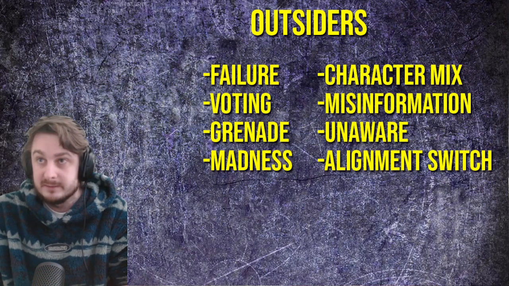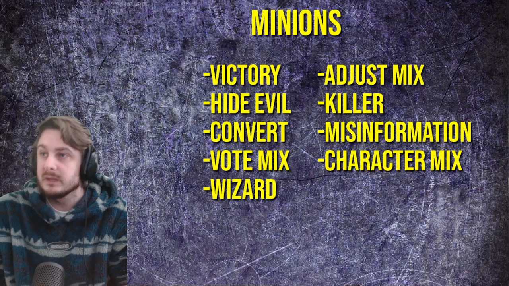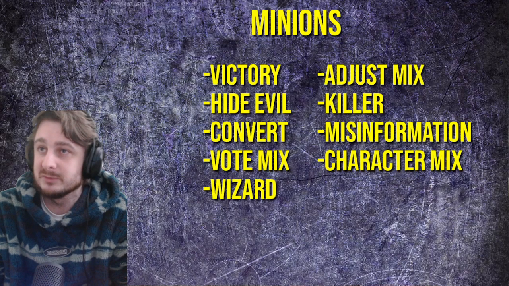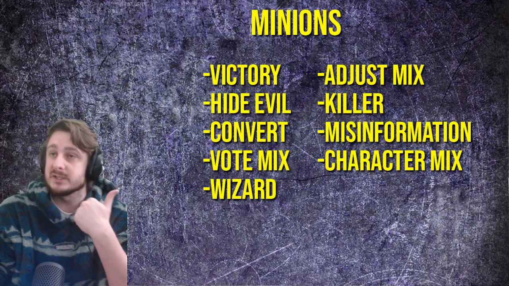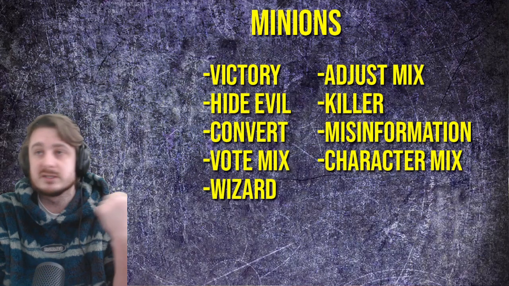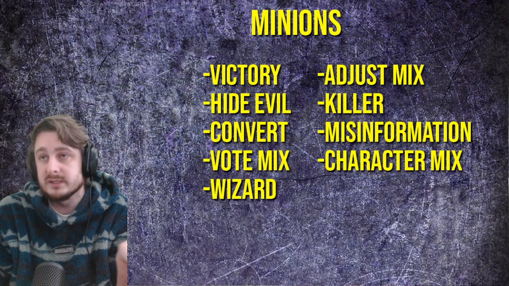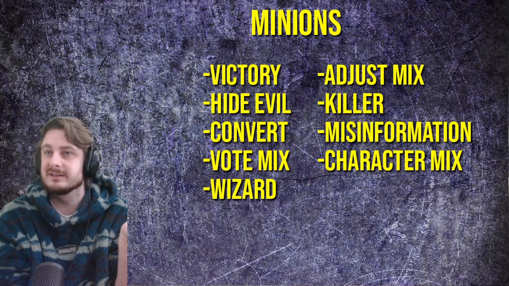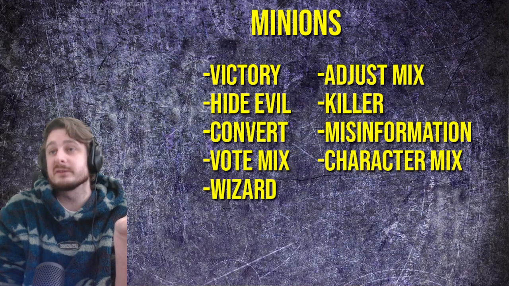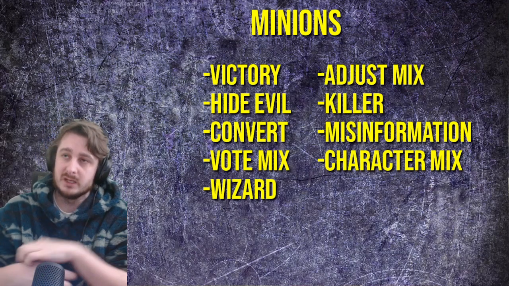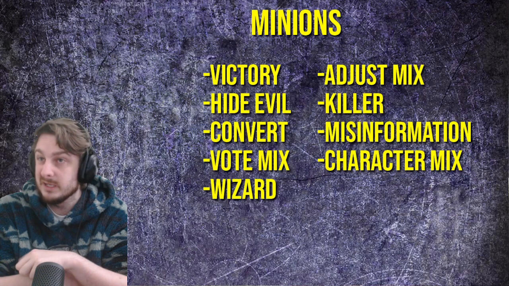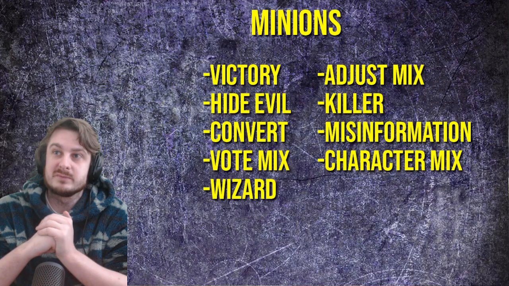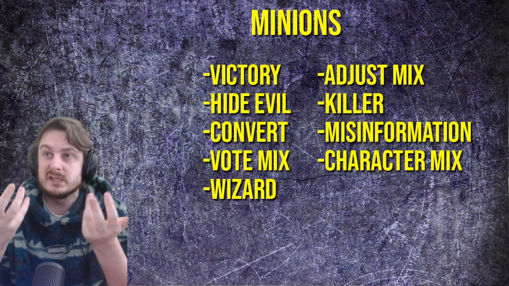So let's talk about minions. Minions, I managed to find a secret ninth category, which is wizard, and we'll come to that last. But starting with victory, so victory is you win the game if, like the Goblin is probably an easy example there. If you successfully convince everyone that you should still be executed after claiming the Goblin, you win the game. There's not that many win-the-game characters like the Fearmonger, but usually the evil team strays away from such a thing unless it's really